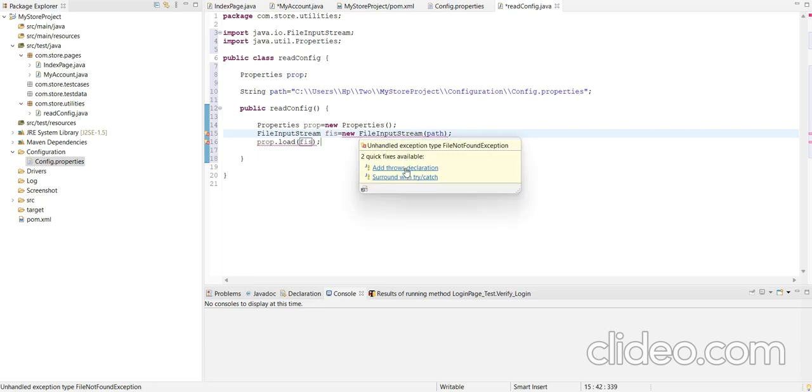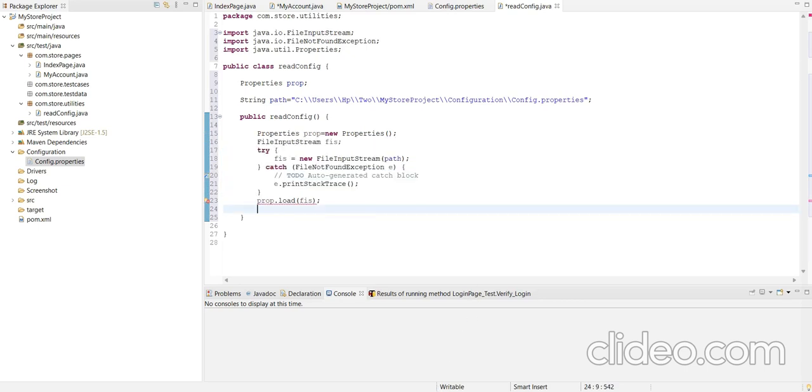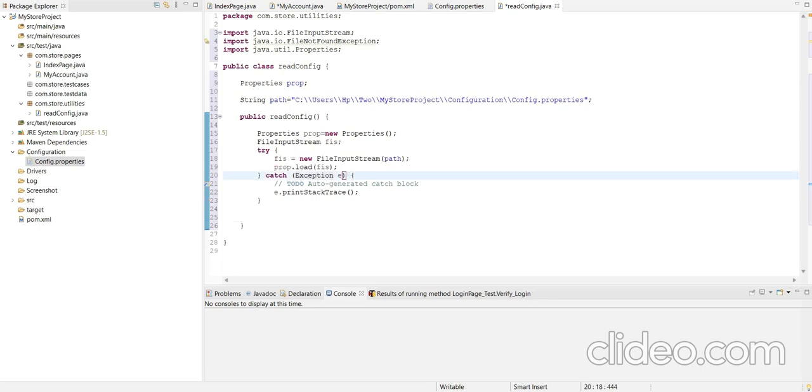Here we add a try catch block. Let me see. The error has gone. Here we write the exception. In this way, we have created one constructor for the ReadConfig class.